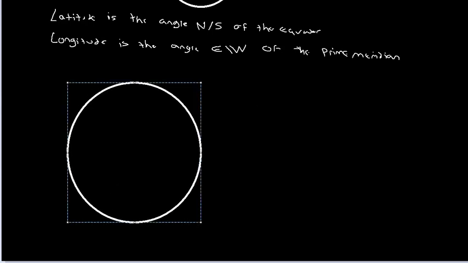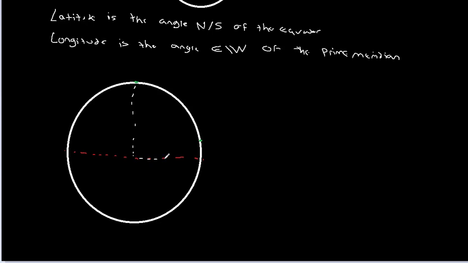Again, we have our equator cutting the circle in half here, and we have the point. As this angle increases, the maximum angle you can have is 90 degrees. This right here, that would be 90 degrees